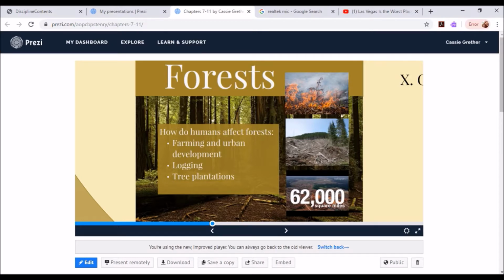And urban development. When we say urban development, you guys probably know the word urban from your, I forgot what the name is, your geography class. But urban is another word for city development. And so when the city grows, it just gets larger and larger, and then we run into more and more of the forest and have to cut more of the forest down for more construction.